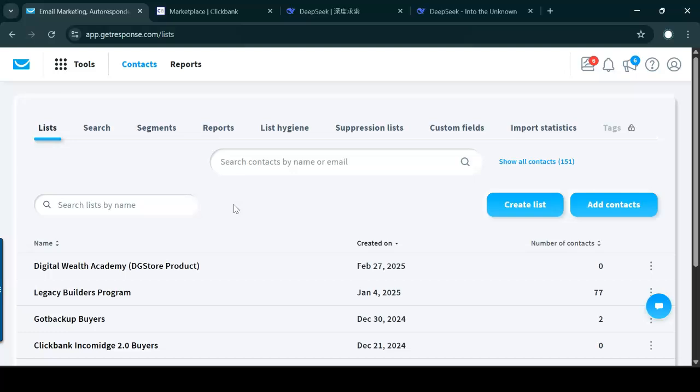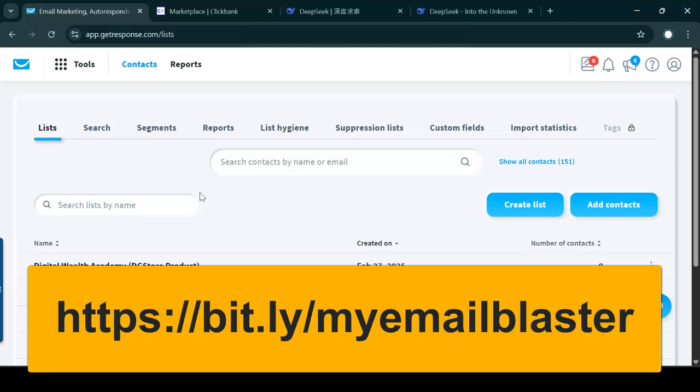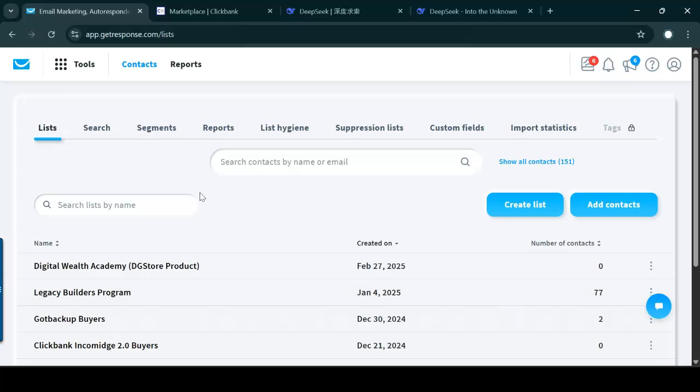One of the best autoresponders in my opinion, which is affiliate friendly, ClickBank friendly, make money online friendly, is GetResponse. A link is popping up right on your screen. You can join this autoresponder for free. It has a trial, so you can create your free account. It's one of the best autoresponders out there. Inbox delivery rate is very, very high. Your email will go straight into the inbox. So open up a new browser, go to this website address and create your free account.